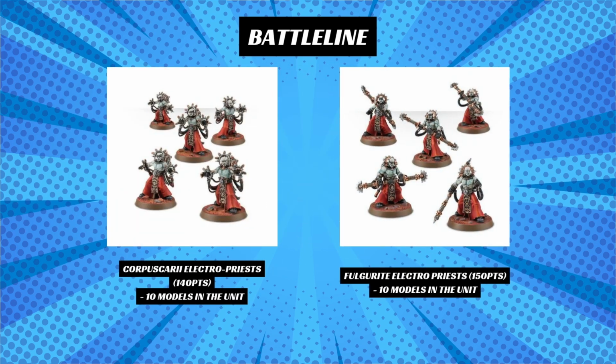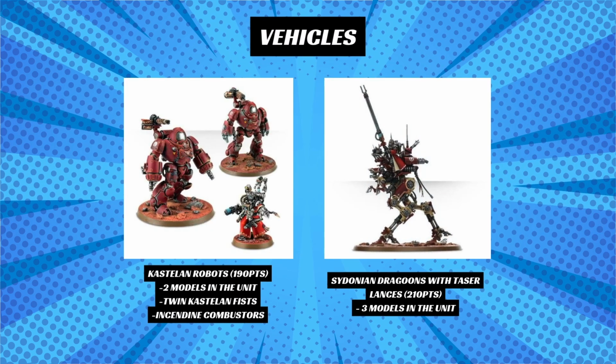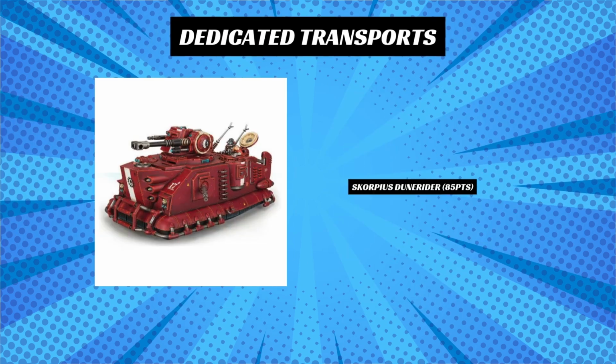Onto our other inventory, we have a unit of 10 Corpuscari Electro Priests and a unit of 10 Fulgurite Electro Priests. For vehicles, we have a unit of 2 Castellan robots with twin Castellan fists and Incendine combustors, and a unit of 3 Sidonian Dragoons with Taser Lancers. Lastly, for dedicated transports, we have a Scorpius Dune Rider, probably taking one of our Electro Priest units into the